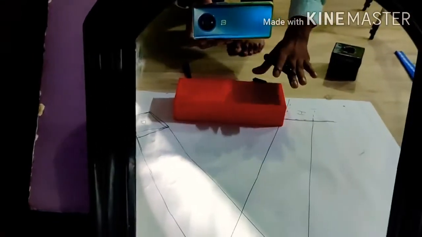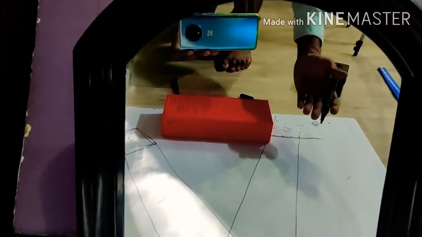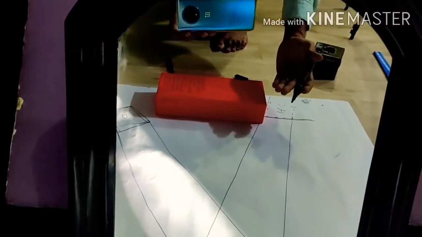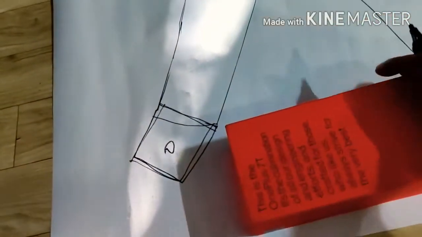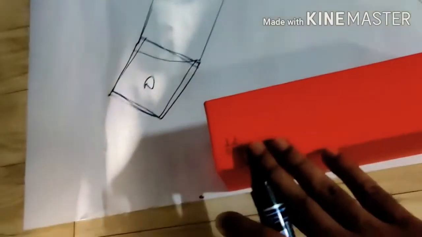Let's say I am placing my right hand here. In the image you will see that this is my left hand, but it's actually my right hand. So this thing, my dear students, is known as lateral inversion, in which one side is left, this side is right, but if you see in the mirror you will find that this side is right and this side is left.